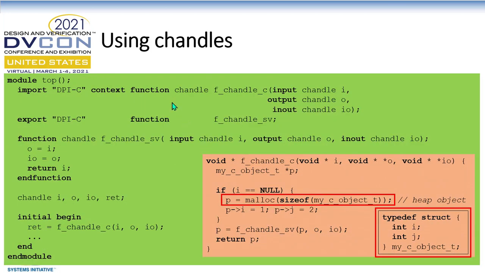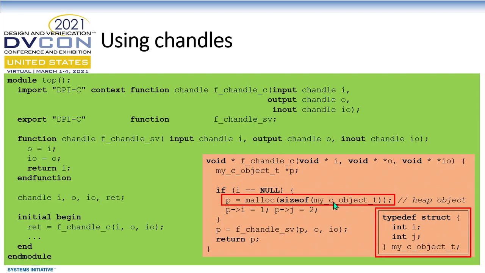There's some special things in SystemVerilog called C handles. C handles are an opaque handle that you can't really do much with on the SystemVerilog side. What they are is C handles that you're passing around. You're just using SystemVerilog to manage them, maybe. So in this case, we've got a call to C handle underscore C, and over there, all we're doing is